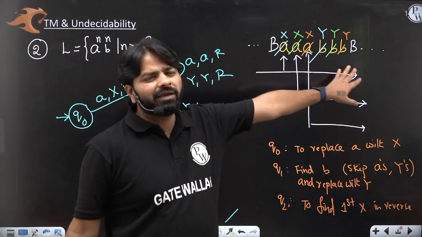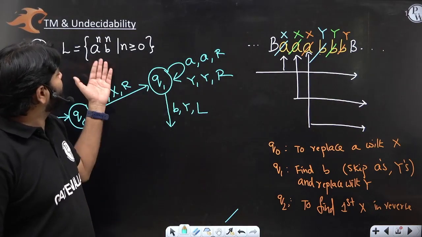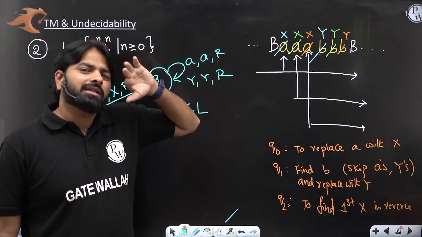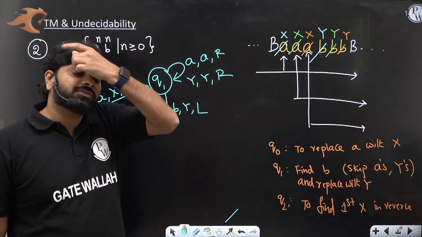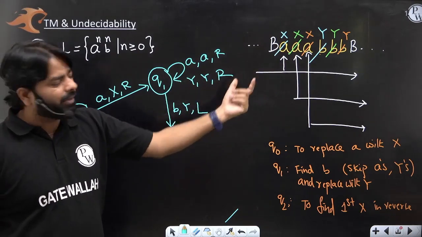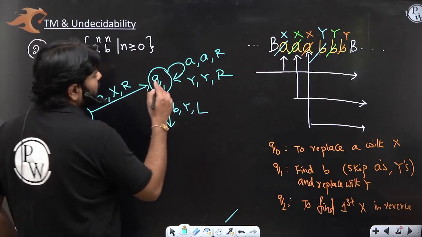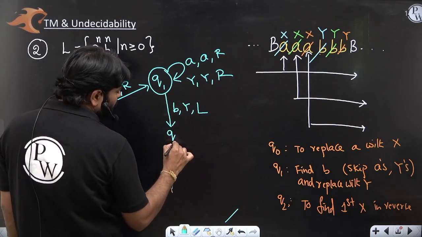After replacing B, don't go in the right direction because you don't have C's to compare. If the problem were A power N, B power N, C power N, then definitely you could go forward and search for the C. But now you don't have any symbol other than A and B. So what you do is, on B, Q1 replaces it with Y and moves left. Now Q2 will take care of